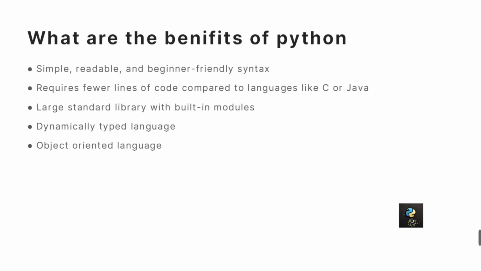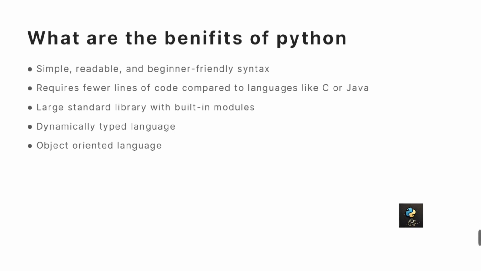Next question is, what are the benefits of Python? Why is Python the most popular? First thing is, Python follows a very basic, simple syntax, that is indentation. It does not use any curly braces for differentiating the code blocks. Because of this, we can write Python code in far fewer lines compared to other languages like